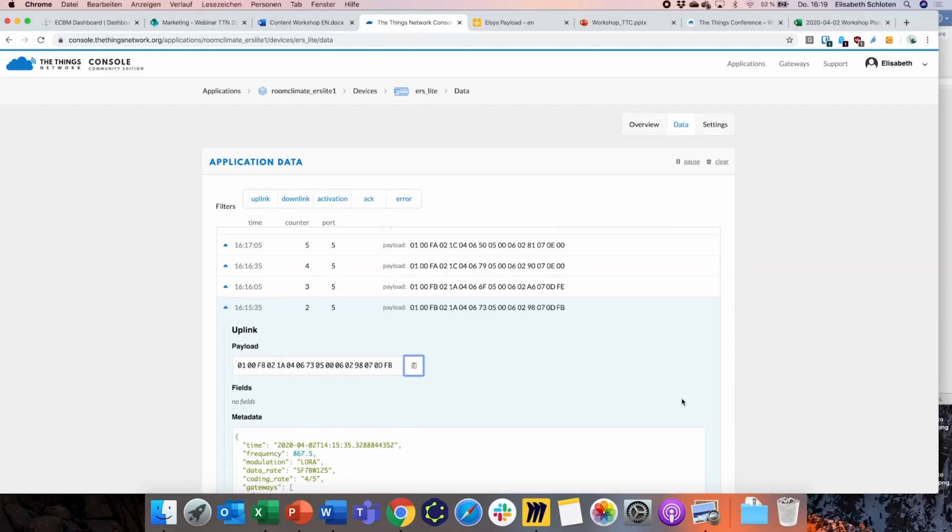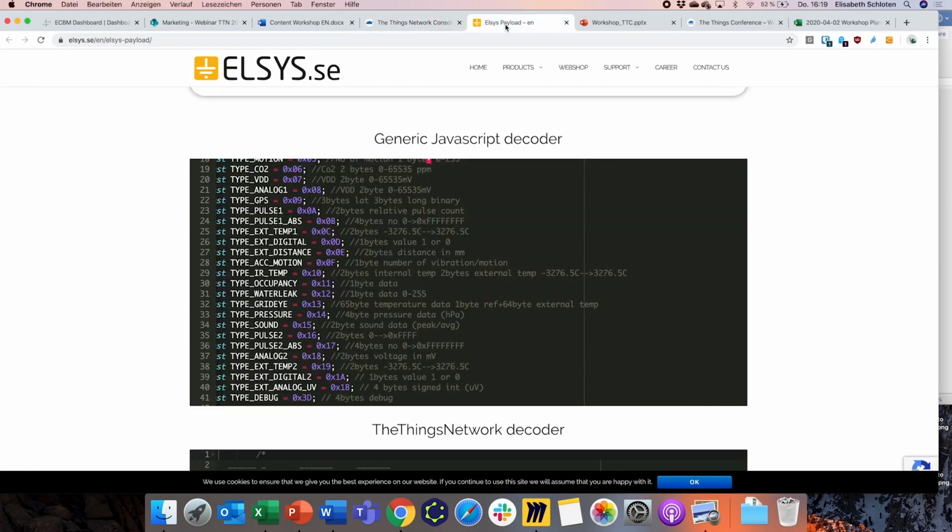So now we have some beautiful data here represented in hexadecimal values, and I can't read hexadecimal values as they are written here, so I need something which helps me to decode the values, which is a decoder. Most of the sensor manufacturers have their own payload decoders because they structure their data in a slightly different way. So here, if I click on one of the uplinks, so one of the bits of information from the sensor, I can copy the payload, hit the copy button here, and go to the ELSYS decoder, which is publicly available